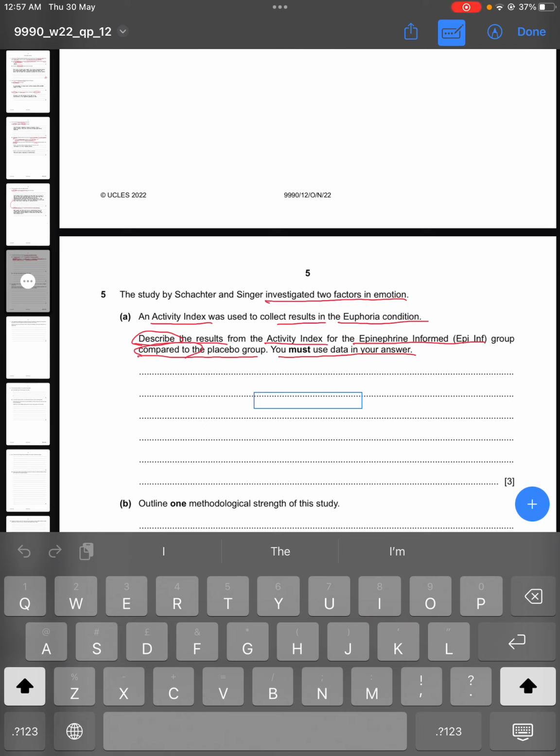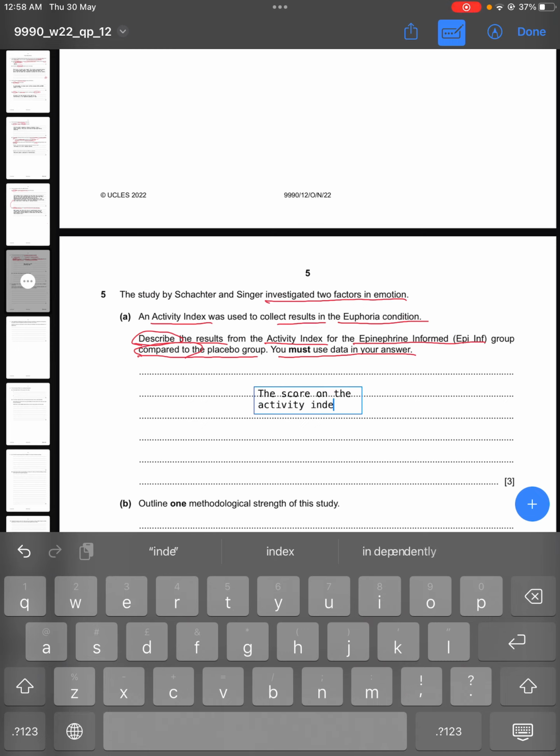So you can write that the score on the activity index was higher for the placebo group compared to the epinephrine group,